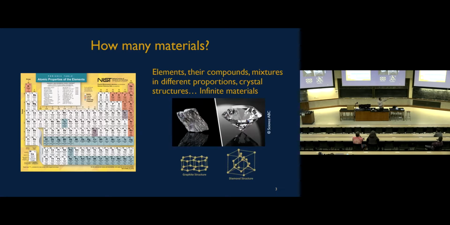how the atoms that make up the material arrange themselves that can also change its properties. For example, graphite and diamond, they're both just carbon, but the carbon atoms are arranged differently, which gives them very different properties. And so you have lots of parameters to play with. And if you were to go brute force, like let's try every possible combination, it would take billions and billions of lifetimes to search for the one material that satisfies the wish list that you have. So clearly we need something smarter. We cannot just brute force our way through elements and compounds, and not just billions of years, but probably billions of dollars as well.